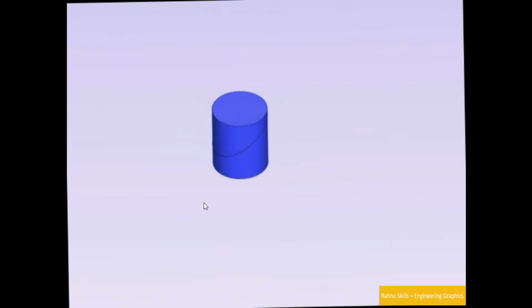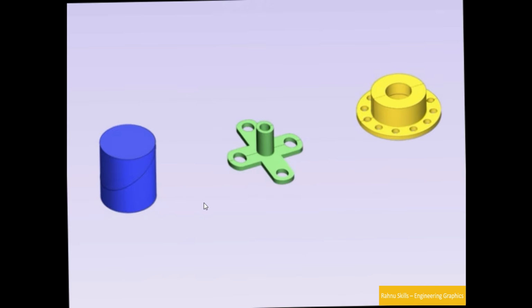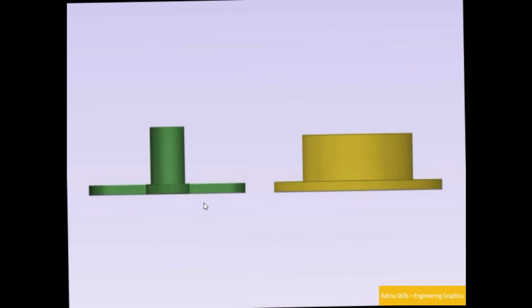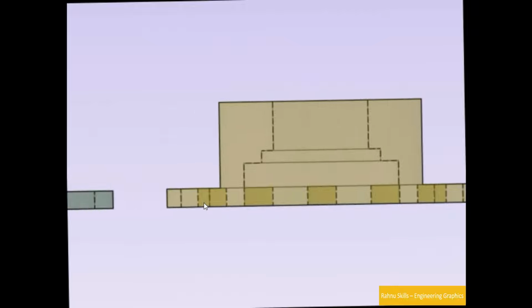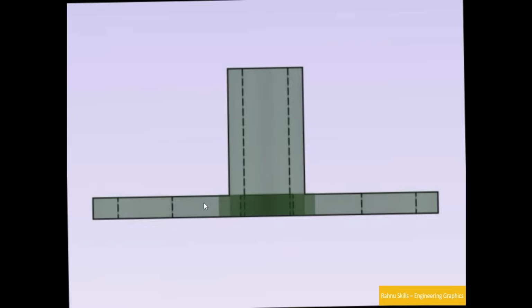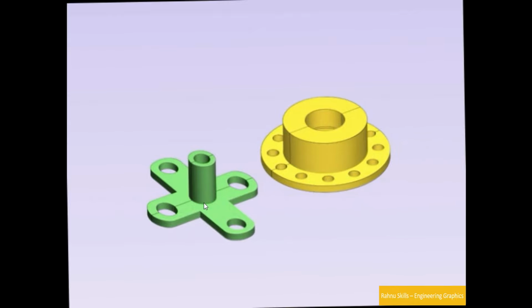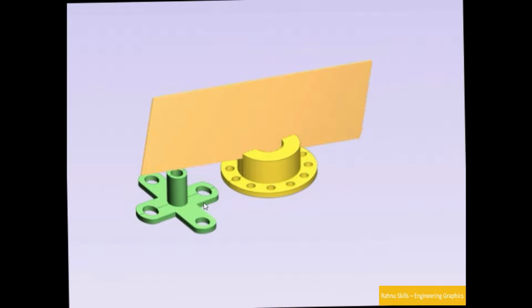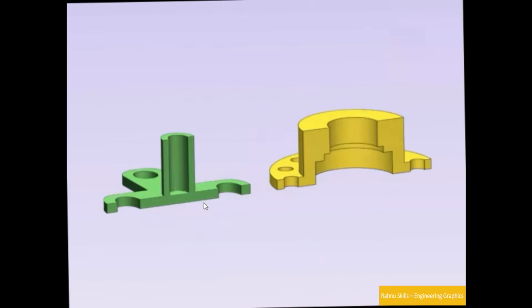Now we will learn the same sectioning with the help of few diagrams in animation. Let's say these are the 3D objects given and very complex objects are there. So in front view and top view, in normal orthography, a number of hidden lines are coming and these lines are overlapping. So orthography is not sufficient to explain the internal view. So what we do, we will go for sectional views, means we are cutting the object with imaginary section plane. Now you can see all the hidden features, all the hidden shapes are clear.